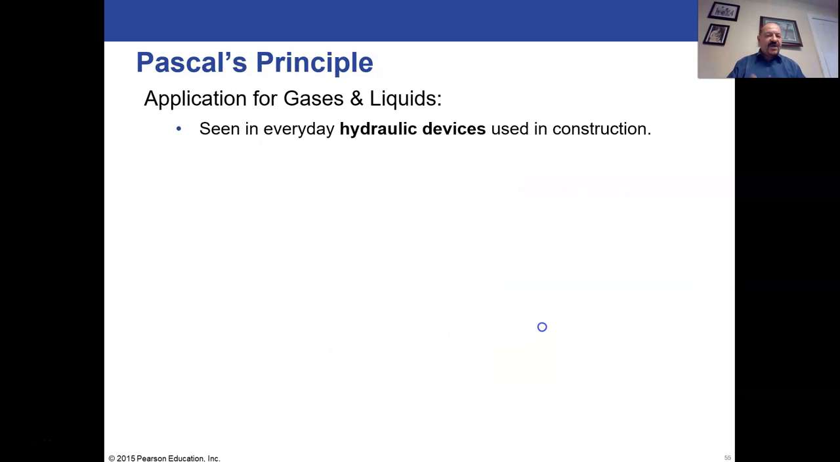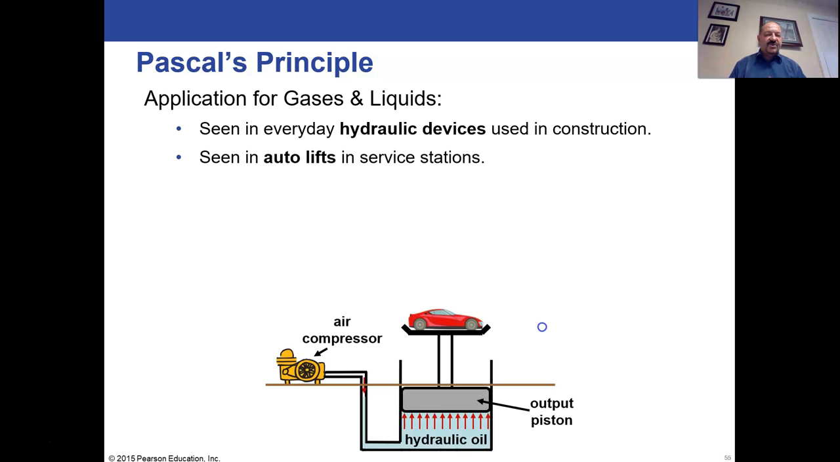So, applications for gases and liquids are seen in everyday hydraulic devices. They're used in construction. They're used in auto lifts and service stations. Anytime you put your car up on a lift, that's what's happening. You've got an air compressor that's pushing liquid down a long, thin tube, so that same amount of pressure is